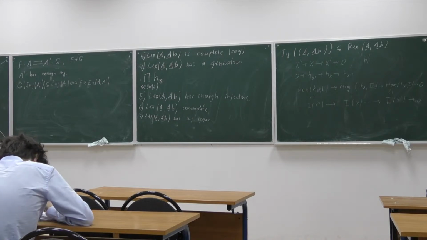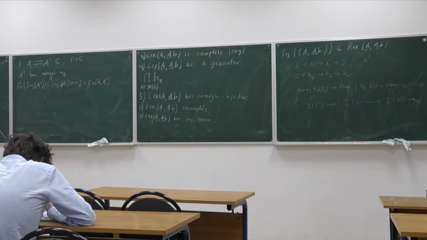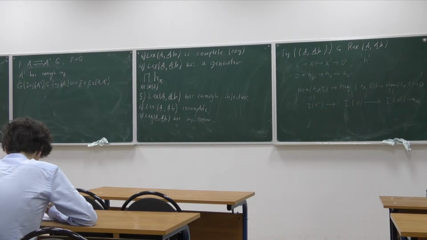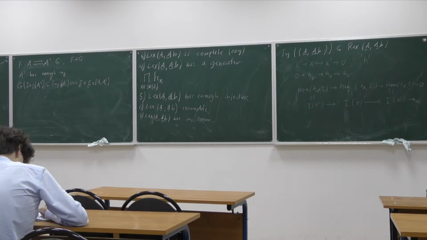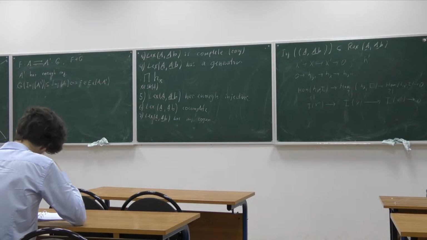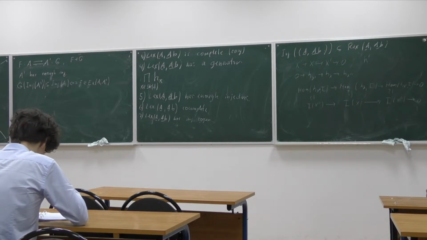Yeah, there is a sequence, but we want to derive from it that something is exact. So take a sequence, right? Apply the functor F to this sequence. It will be exact on the right, because F is left adjoint. But on the left, it's not immediately clear that it's exact. So I would say introduce some kernel. So say that there is a kernel, and then try to work with this kernel in terms of what are maps from this kernel to any injective. What can you say about this?